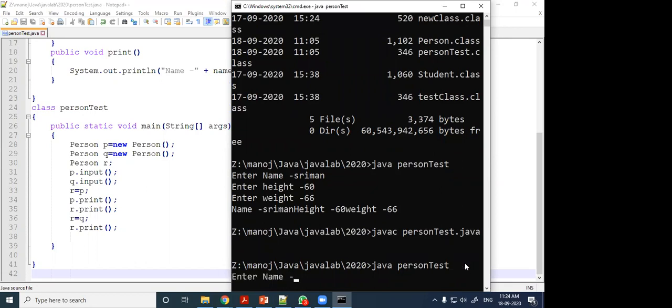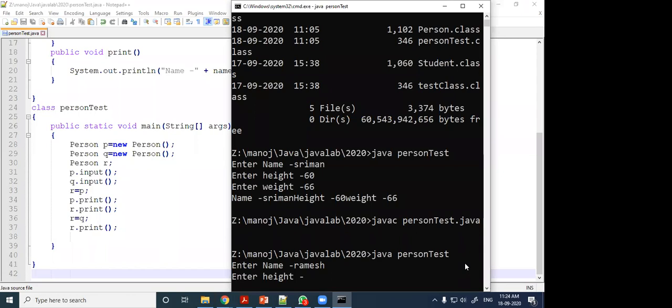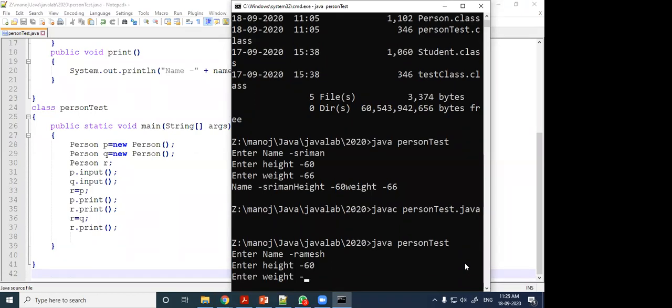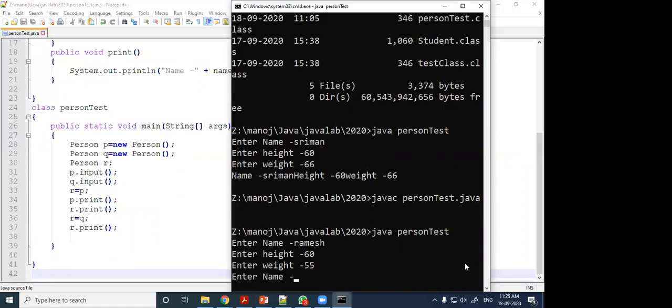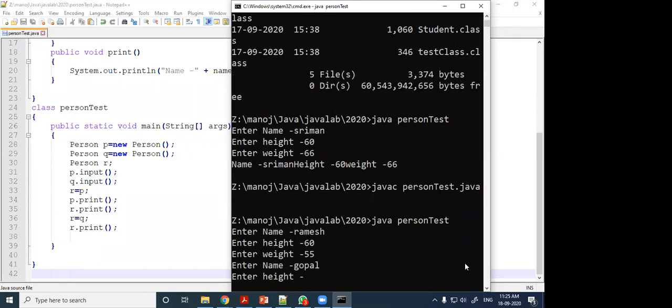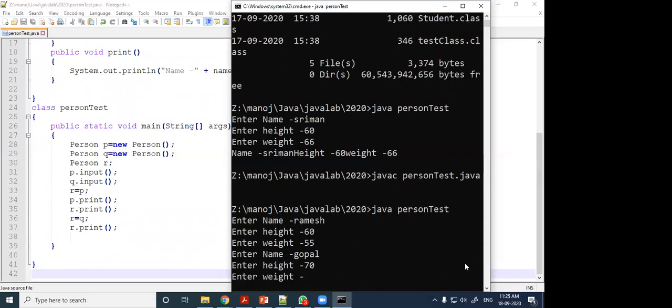So here it is asking the data for P. Suppose Ramesh, height 60, weight suppose 55. Then it is asking for data Q. Q is suppose Gopal, then height is 70, then weight is suppose 75.